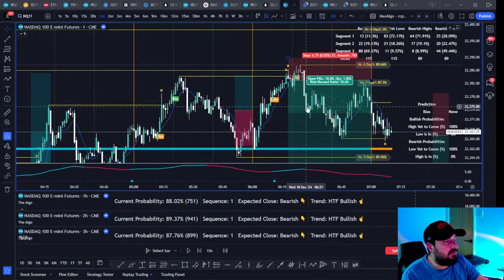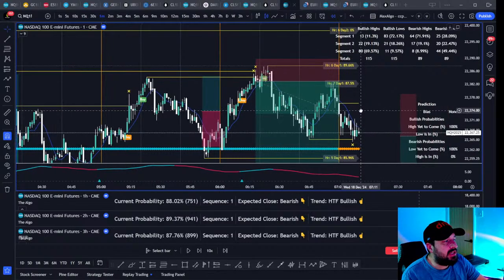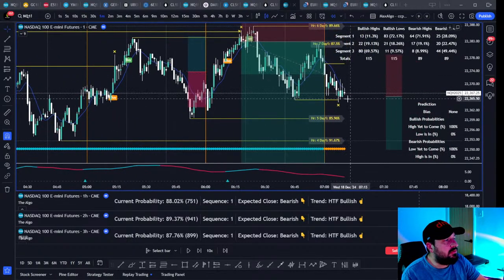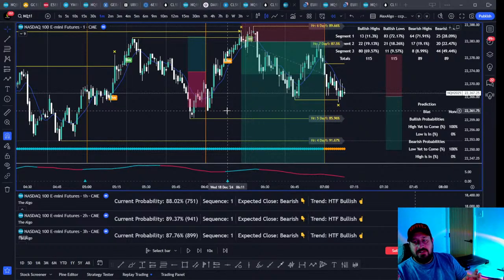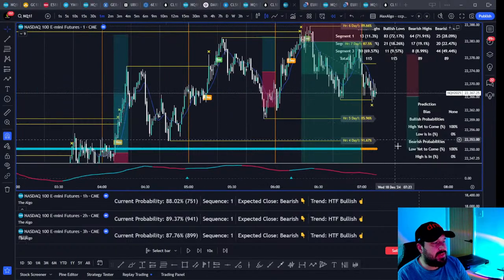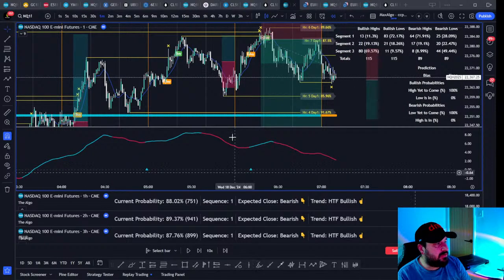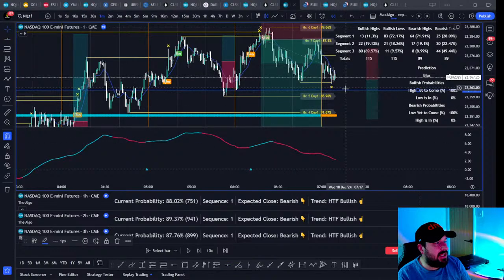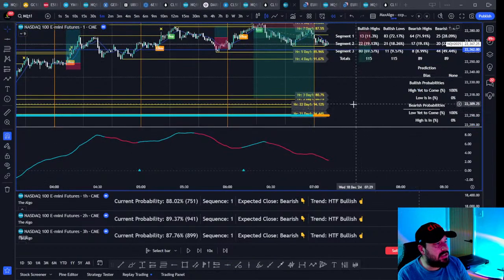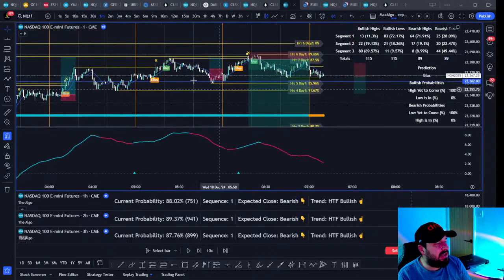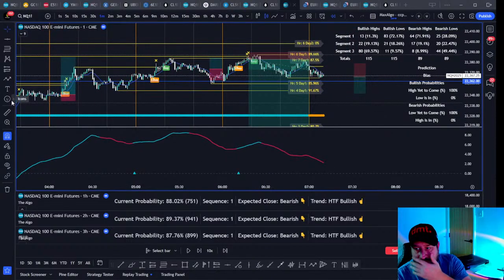Here's your strong move down, right? Before we get that continuation. So, here's your hourly low. So if we're bearish, we have to take hourly lows, right? So we're going to go down, we've got to take the lows of candles. So we know this level is important for us. We know we've got all this liquidity below. High probability liquidity. So we know they're there.